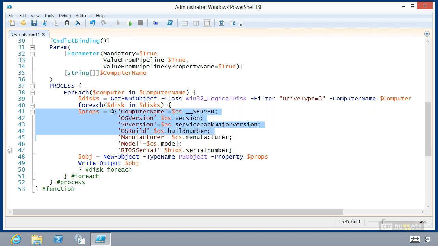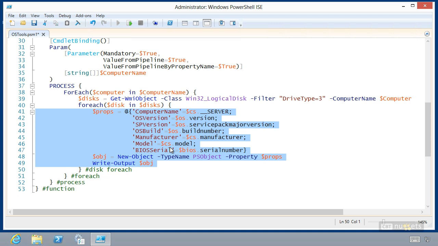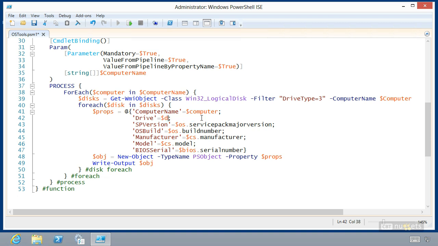And everything in it needs to be indented. And so this has asked me to return the computer name. Now it's not asking me to get it from $server, so I'll just do my computer variable. It's asking me for the device ID, which we're going to return as drive. So while the individual details here are different, the structure of these functions tends to look very, very similar from